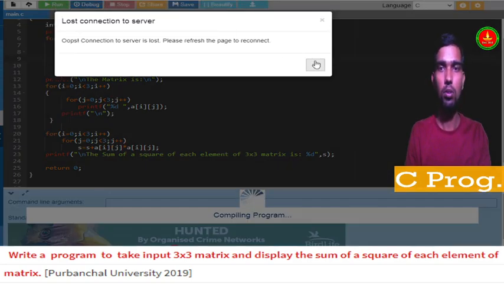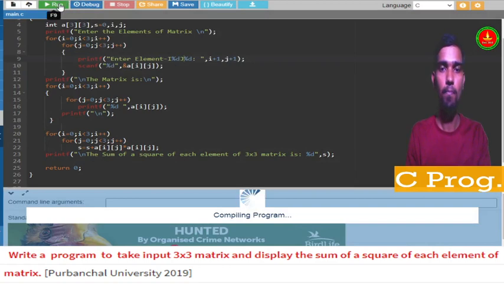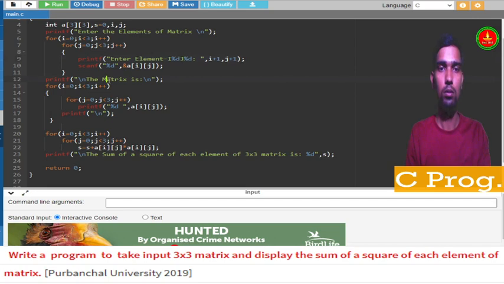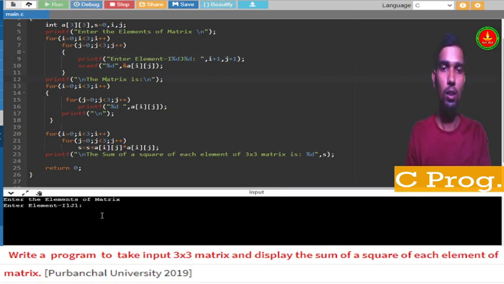Okay, there is some server issue. Okay, sorry for that. So element at i1 and j1.